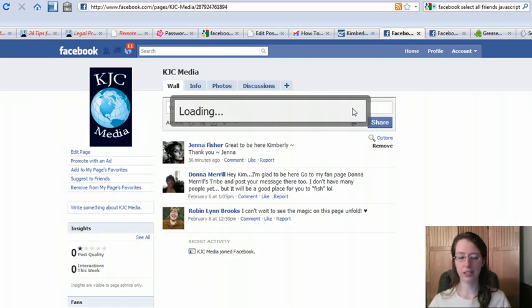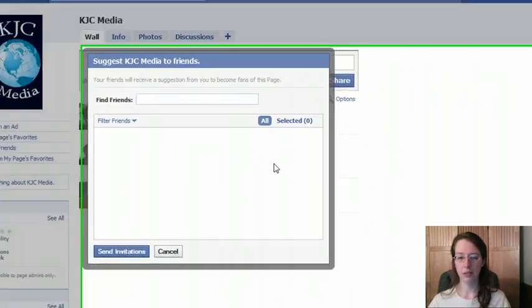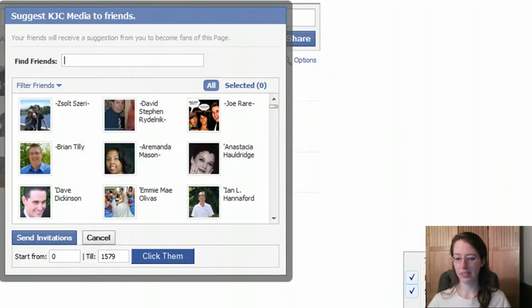and again it takes a second to load because I have a lot of people in there. Whoops. Okay, that's right. You come back to Suggest to Friends and it loads, and you see now at the bottom I have start from 0 till, in this case, 1579. That's all my friends. You could, in theory, select half of them,